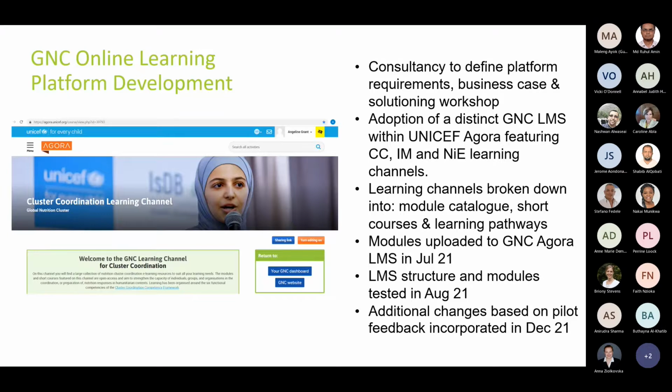So in late 2020, the GNCT commissioned a consultancy to define the platform requirements, develop a business case and hold a solutioning workshop. And this resulted in the adoption of a distinct GNC learning management system within UNICEF Agora, which features cluster coordination, IM and NIE learning channels. So the learning channels are further broken down into various pages, the module catalogue, the short courses and the learning pathways. And all of these modules were migrated from the GNC website to the GNC Agora LMS in July of